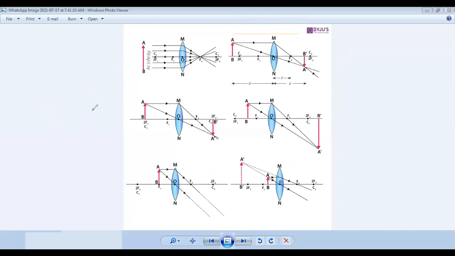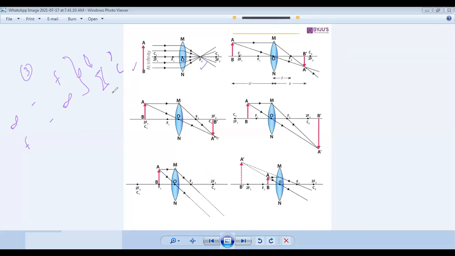You should remember. Second important thing, students. What is common? When the object is at infinity, you will get the image at focus. It may be lens, it may be mirror, it may be convex, it may be concave. See, the object is at infinity, the image is got at focus. And when the object is at the focal point, the image will be at infinity. These two are constant in every lens. It may be a concave lens, a convex lens, a concave mirror, or a convex mirror. Okay, boys? So three you should remember.